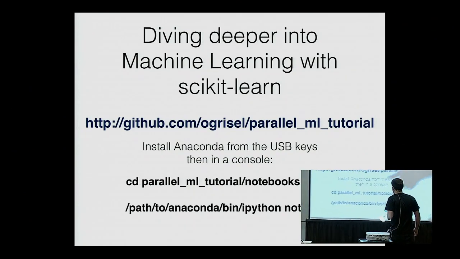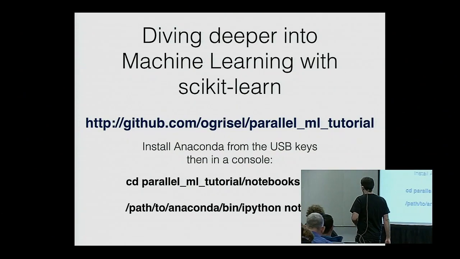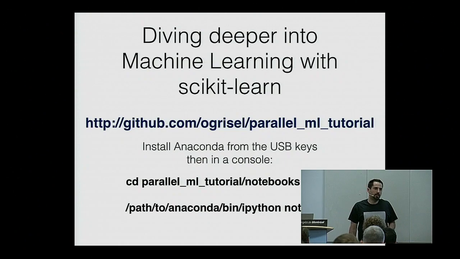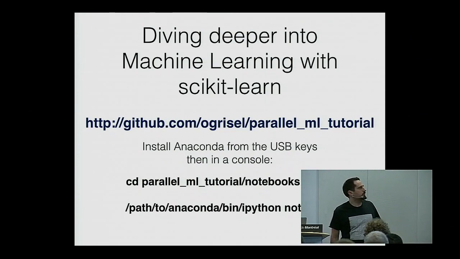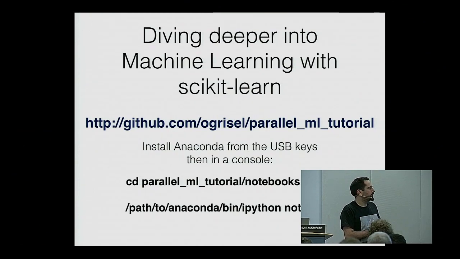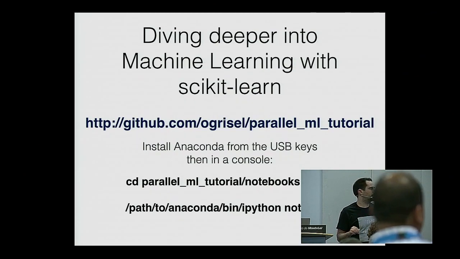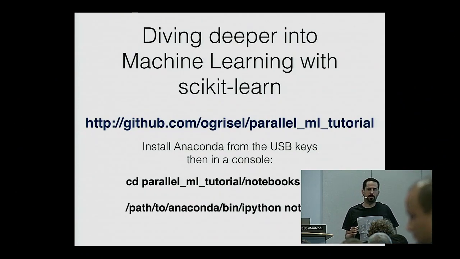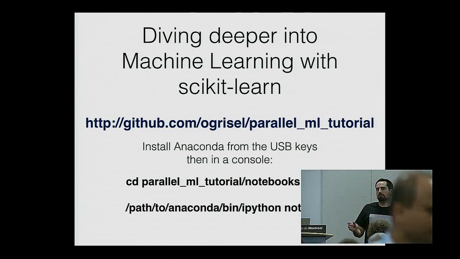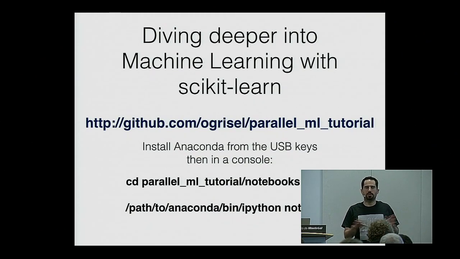So you need to install Anaconda. By default, I think the Anaconda installer will put the bin folder in the path, so that when you type IPython, it will use the IPython from Anaconda and not your system IPython. If you want to switch back to your system IPython at the end of the tutorial, you just have to